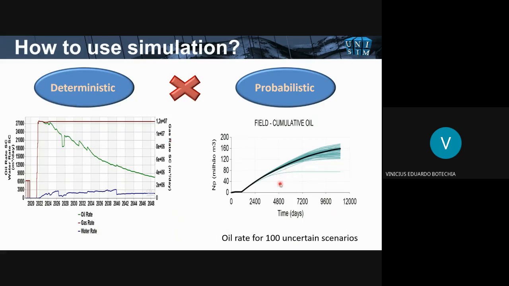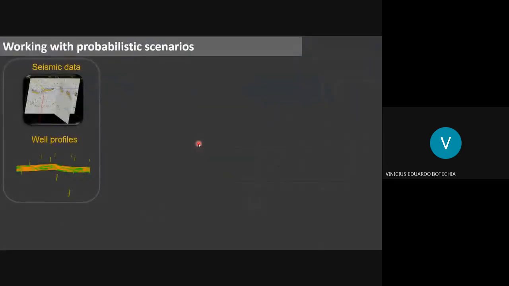And an example here, when you're going to probabilistic approaches, you have many dozens or hundreds of simulation models, and have data for all of them, and have to work with all of them. And I show something you can do with many simulation models, and have uncertainties. And not focus too much on uncertainties and risk analysis, because you have a lecture specific about that, but I need to talk a little bit about that. So how to work with probabilistic scenarios? Very summarized here, very basically.